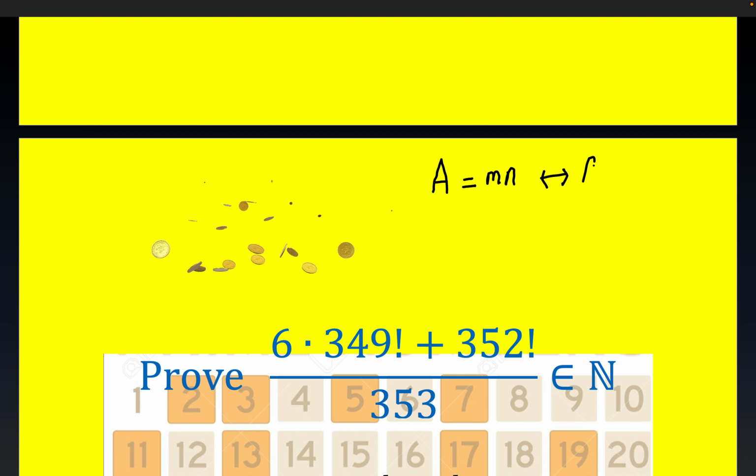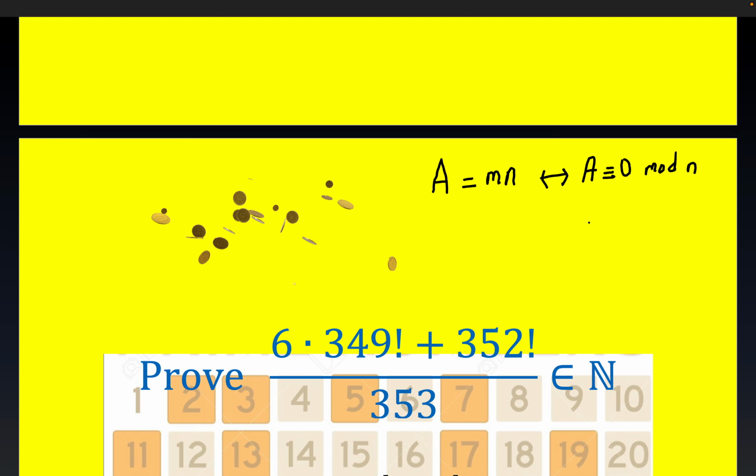A is congruent to 0. We use these triple bars here. It's a form of equality that actually inherits a lot of the properties of division, is what makes it work actually. So A is congruent to 0 mod, and mod stands for modulo. Mathematicians are too lazy to write everything out. Abbreviations are prevalent, okay? So we're going to actually use this to solve this problem that involves a very, very